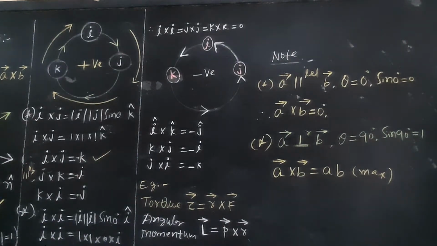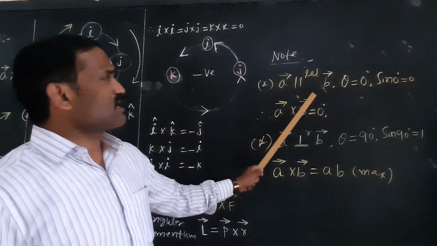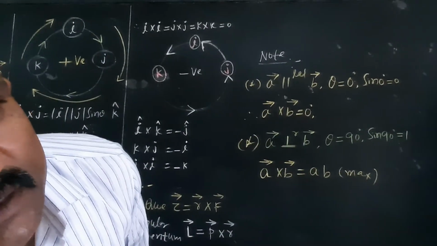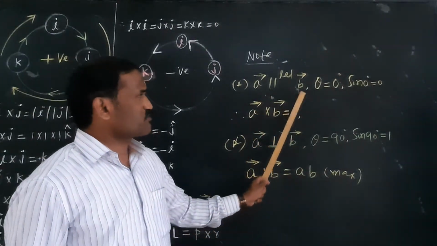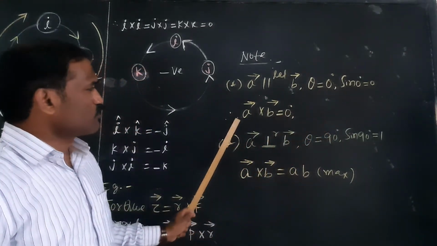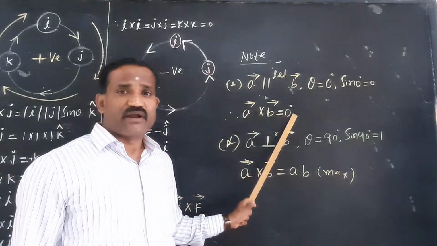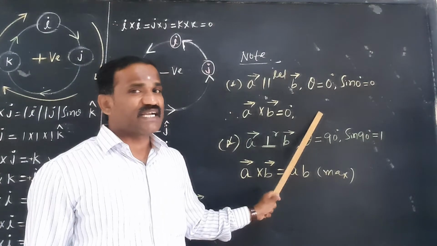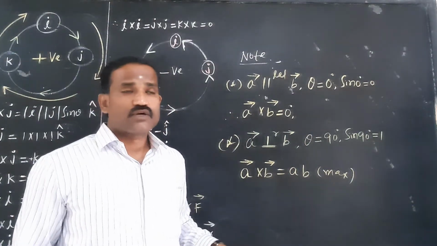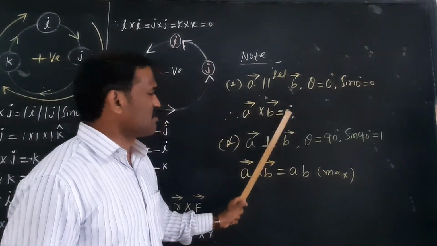So now we'll move on to the first one, the case where vector A is parallel to vector B. If vector A is parallel to vector B, what will you get as the resultant? See, observe carefully. Vector A is crossed with vector B. Sin theta, sin of 0 degree is 0. Therefore, vector A cross vector B is equal to magnitude of A into magnitude of B into sin theta. Because theta is 0, because the two vectors are parallel. If two vectors are parallel, then their cross product is 0. Therefore, the cross product is 0, the minimum.